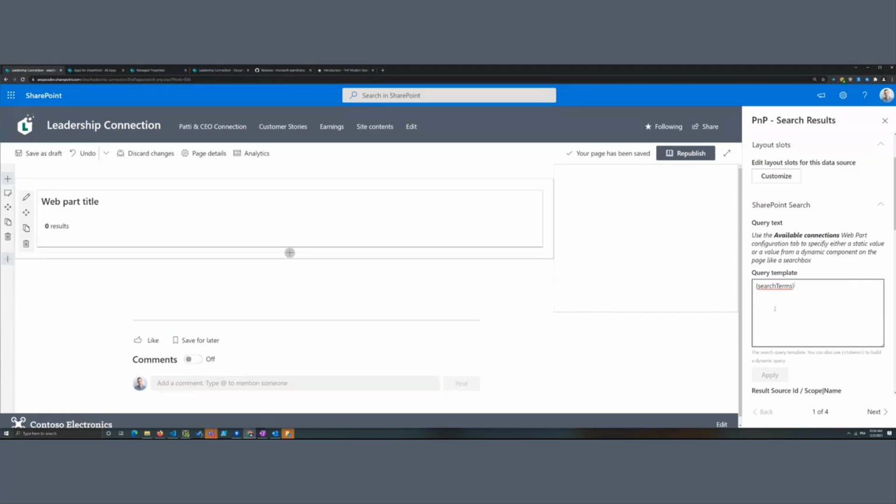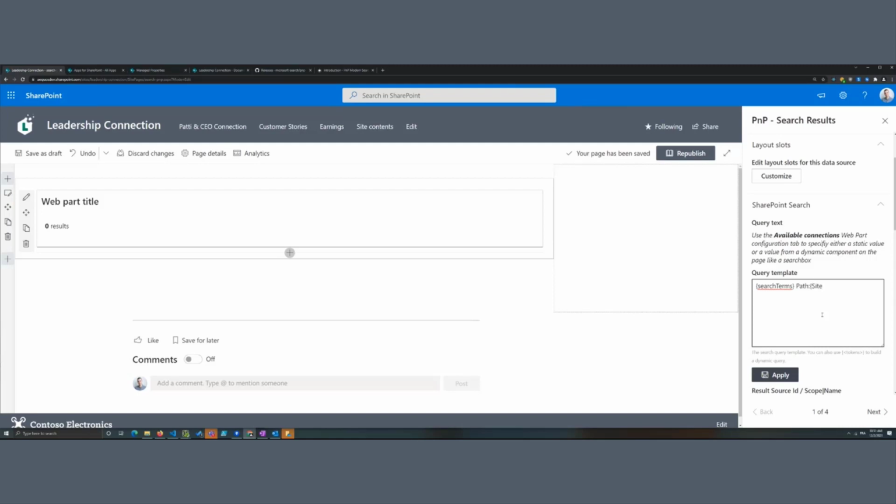So refer to the documentation to see how you can build this kind of query. But basically, let's say I want to grab all the documents from my site. You can use managed properties like that, for instance, and you can also use tokens. Tokens are resolved from the context, from the page context, and this way you can build dynamic queries to